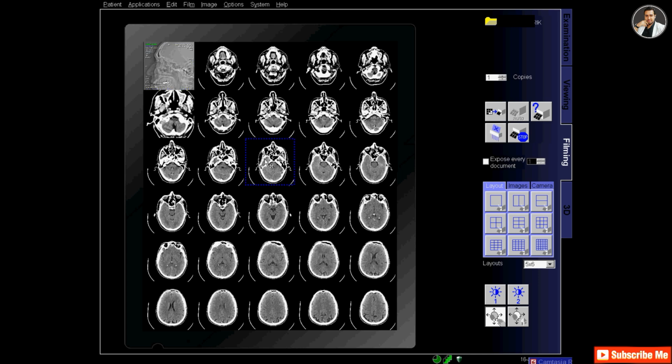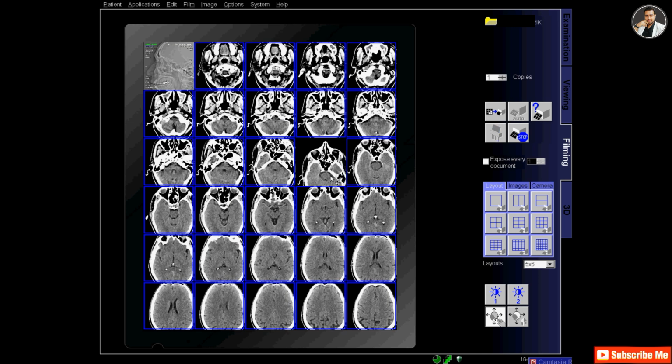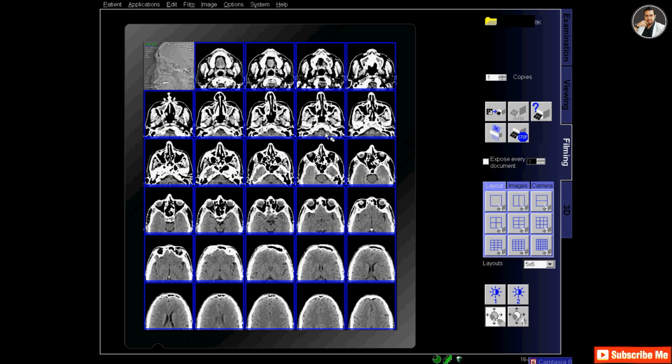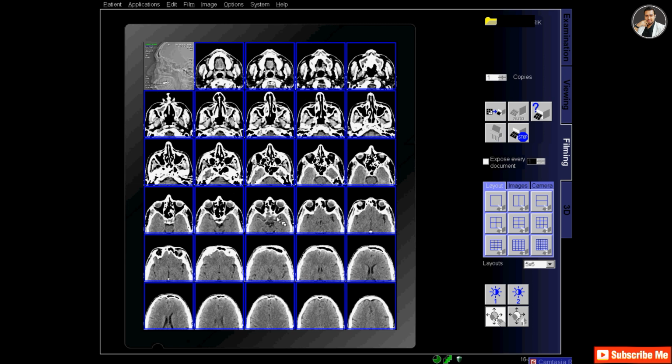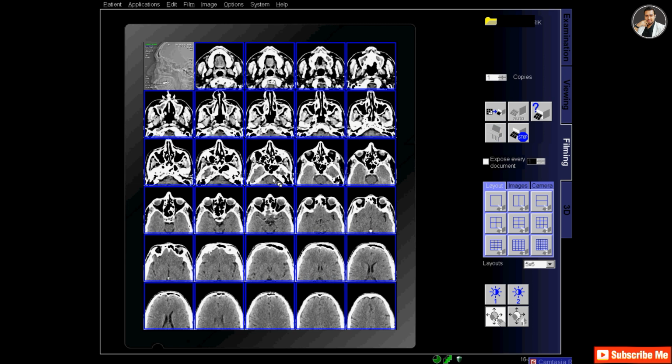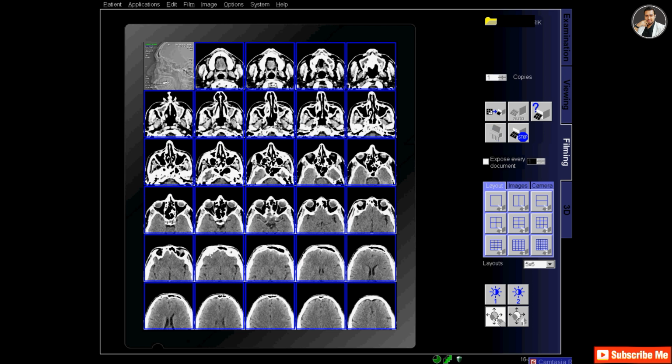So adjust the reference image so that the sinuses are visible in enlarged view, and also zoom the cerebral window axial sinus images. I am printing 4 films for sinuses, 3 in sinus window and 1 in cerebral window. Among 3 there are coronal, sagittal and axial films for sinus window, and 1 axial film for cerebral window. And after adjusting the film, print out.